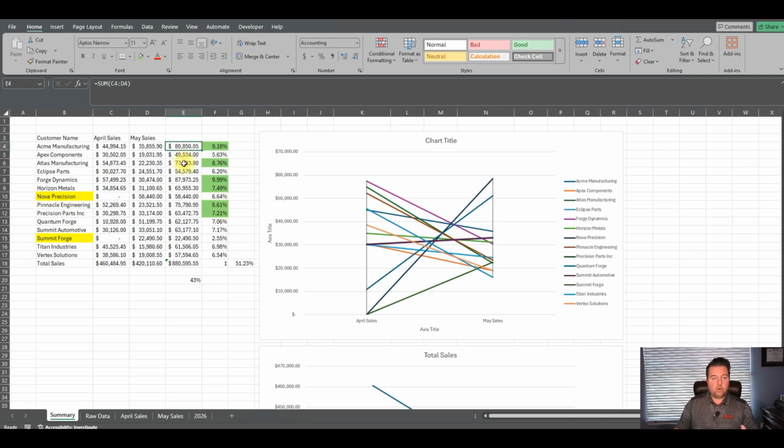First of all, you start per account. You add up their sales yearly. We're doing yearly here, annualized. Take the yearly sales of each customer and divide it by the total sales for that year.